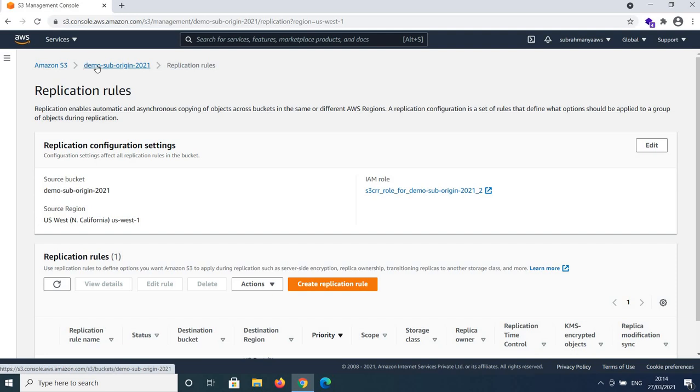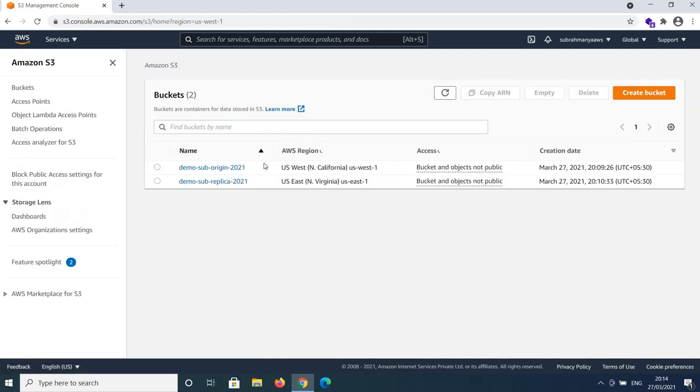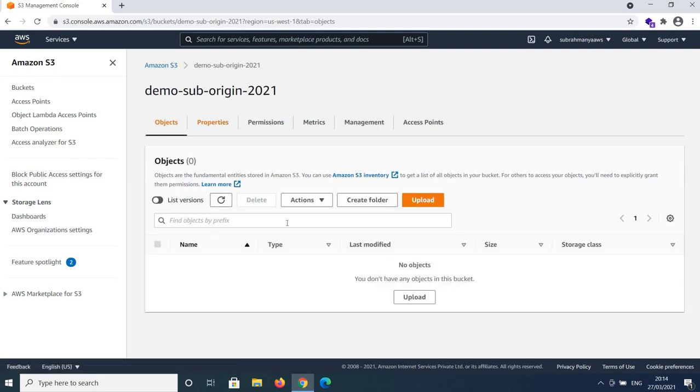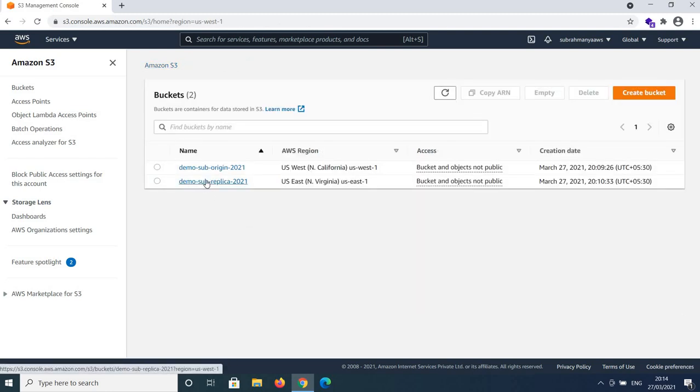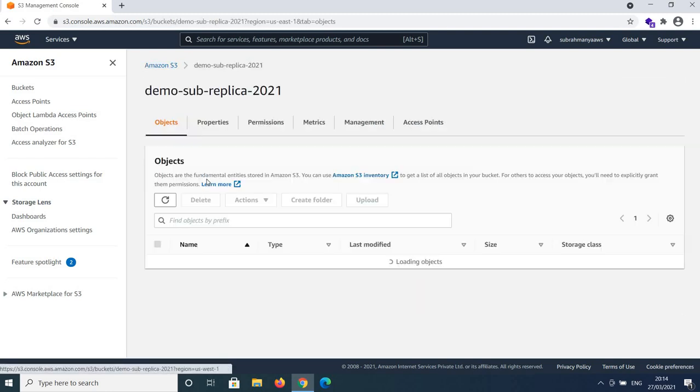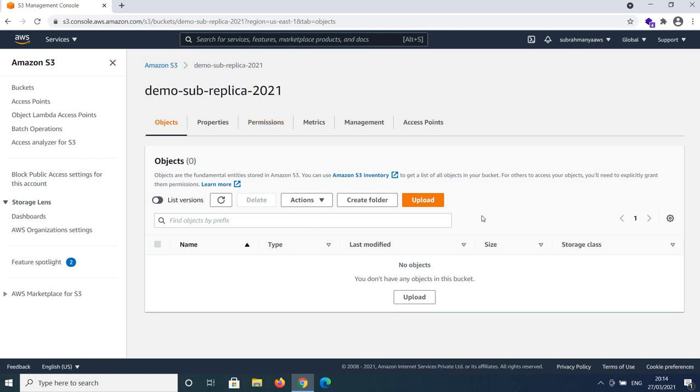Now let us go back to our Amazon S3 and first I will upload a file into demo sub origin and it should be replicated in demo sub replica. Now demo sub origin does not contain anything. Similarly, demo sub replica 2021 also does not contain anything.